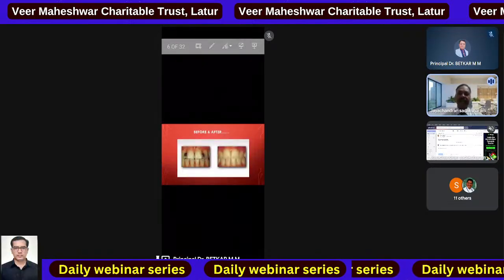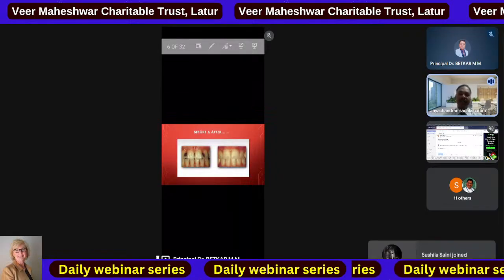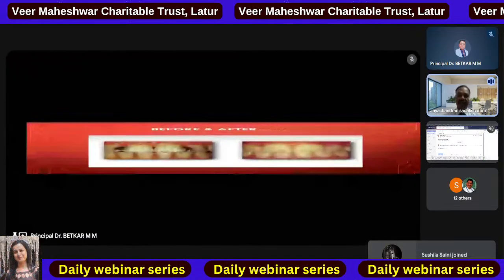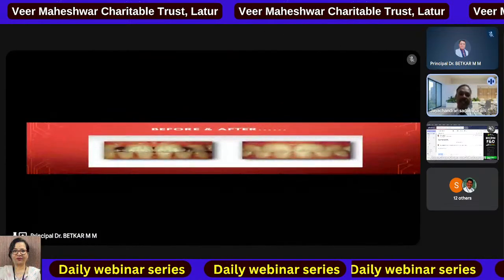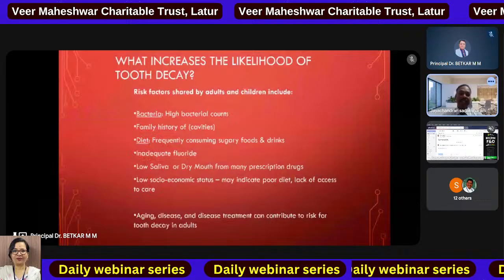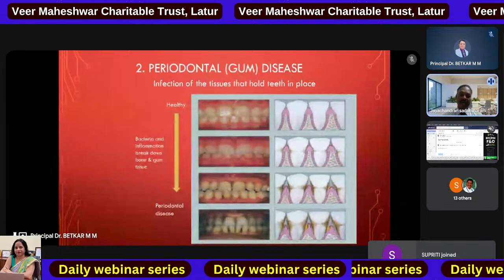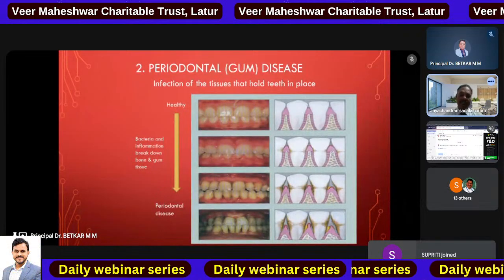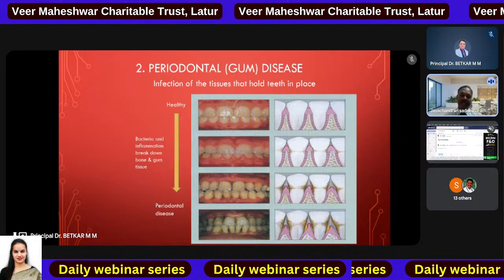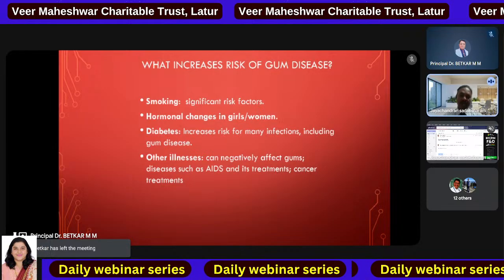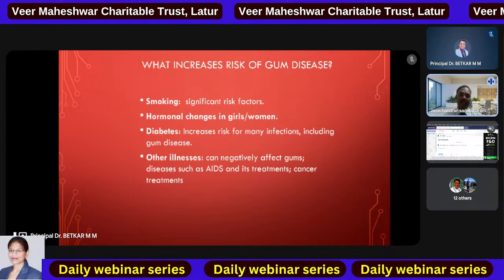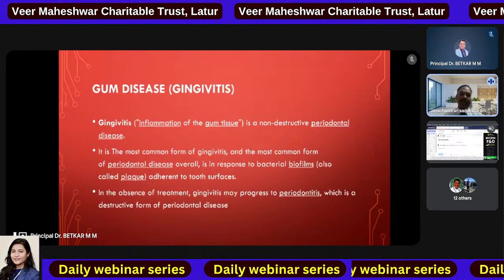Next, coming to gingivitis or gum problems. Gum diseases are called gingivitis and periodontal disease. In the early stage, the infection or inflammation confined to the gingiva is called gingivitis. When untreated, the underlying supporting structures, particularly the bone, will be affected, which may progress to periodontitis or severe periodontitis. The tooth may start to become mobile and ultimately may fall out. Now the latest treatment is available. We can go for flap surgery, and this progression can be controlled and the disease can be prevented.